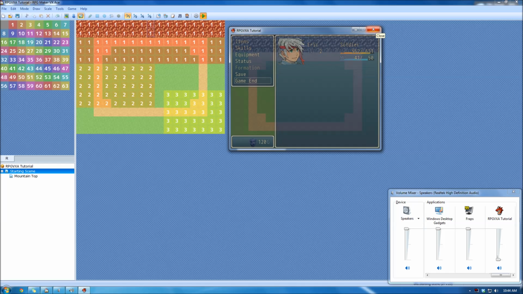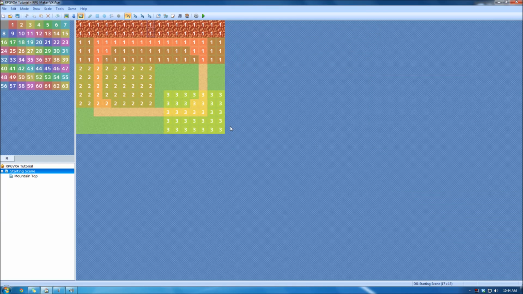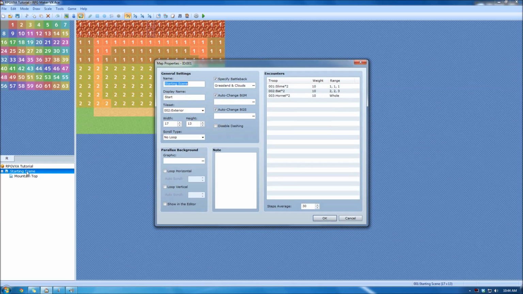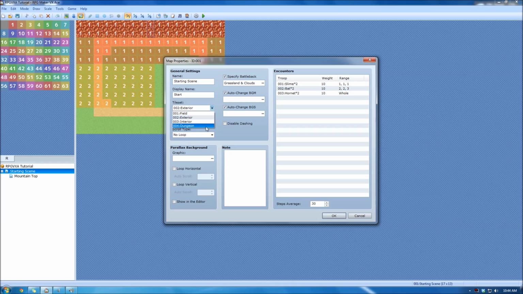Save your game, don't want to lose your level, or entire level 2. So to quickly recap, name keeps your maps organized, display name pops up in the top left corner, tileset chooses which tiles you have access to on the left here, width and height, size of your map, scroll type, will repeat the map up and down, left or right, depending on which loop you choose, battle backs, this is what we've seen when we were fighting the monsters, background music, gives your game music when you're playing, background sound,